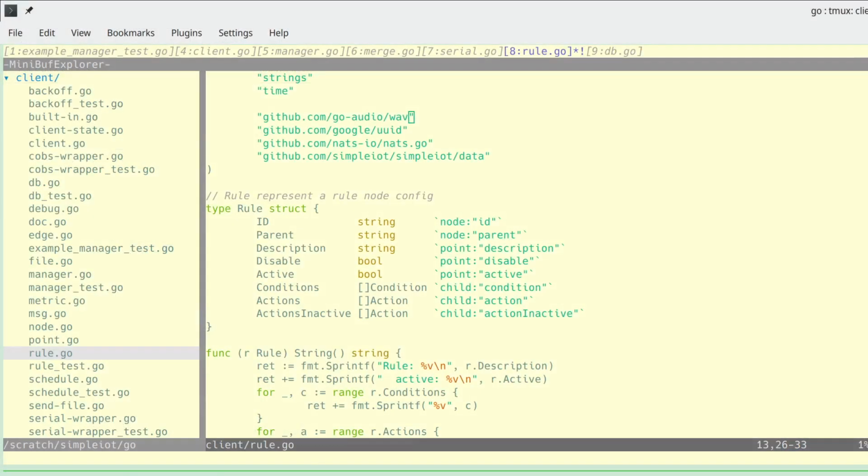If we go back to the code, we'll see that this configuration type has several arrays in it, and these correspond to the child nodes. The conditions and the actions would actually be child nodes, and Simple IoT has utility functions that can take a set of a node and its child nodes and just automatically decode it into